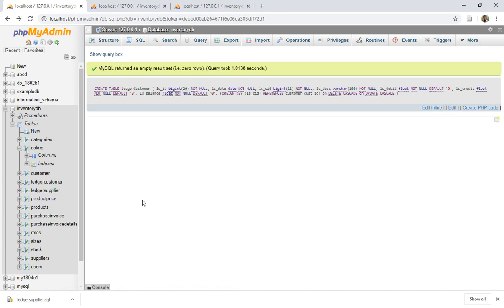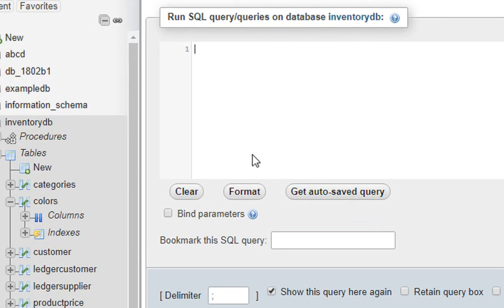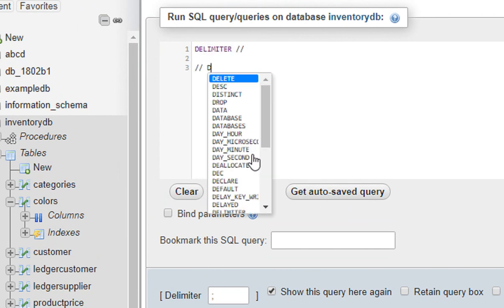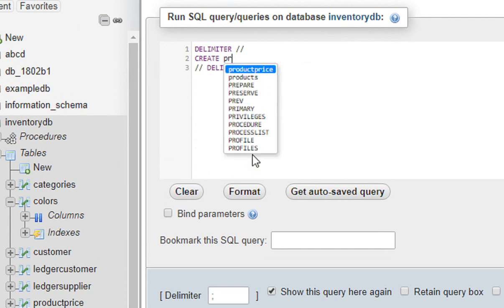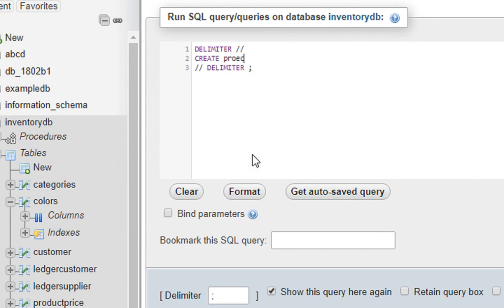Now in the next step we have to put the ledger data insert procedures and the customer procedures, and insert the customers also. So let's go to the SQL and create the procedures. Delimiter /, delimiter semicolon, create procedure, and then we have to write the name st underscore insert